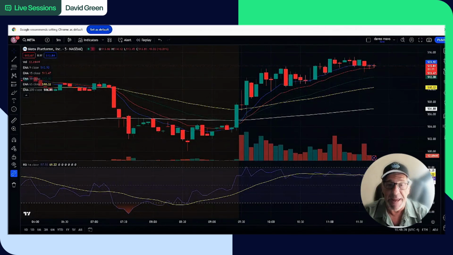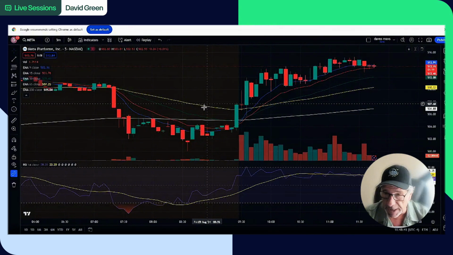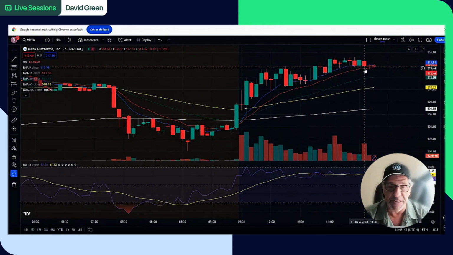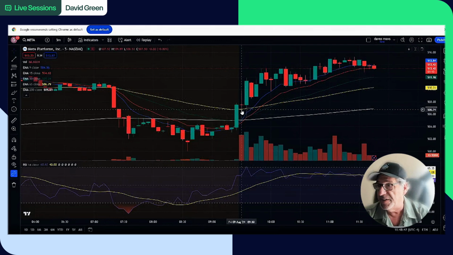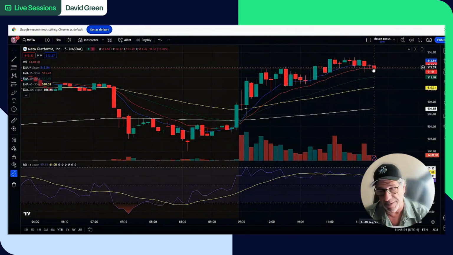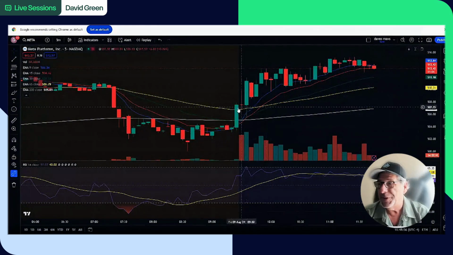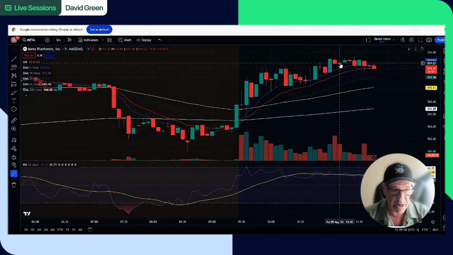And if we look at Meta today, if anyone can recognize and tell me what kind of pattern this is in an uptrend, right? We started down here this morning. We've gone up every time we went down, we went up. We went down, we went up, we went down, we went up, we've gone down. We'll see if we go up again. So this is a pattern that I call a trend trade, okay?